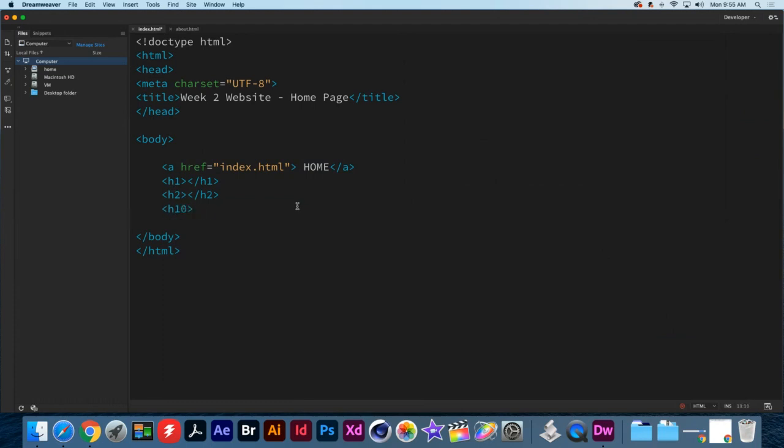H10. Okay, now we'll never use H10, so we usually just do H1 through H3 or so. But there are 10 available heading tags. I'm actually going to take off 10 because that's too far down the rabbit hole. I'm going to do H1 and H2. Okay, and I'm going to put the title of the home page. And I'm going to put the same thing in my H1 and my H2 tag to show you the difference